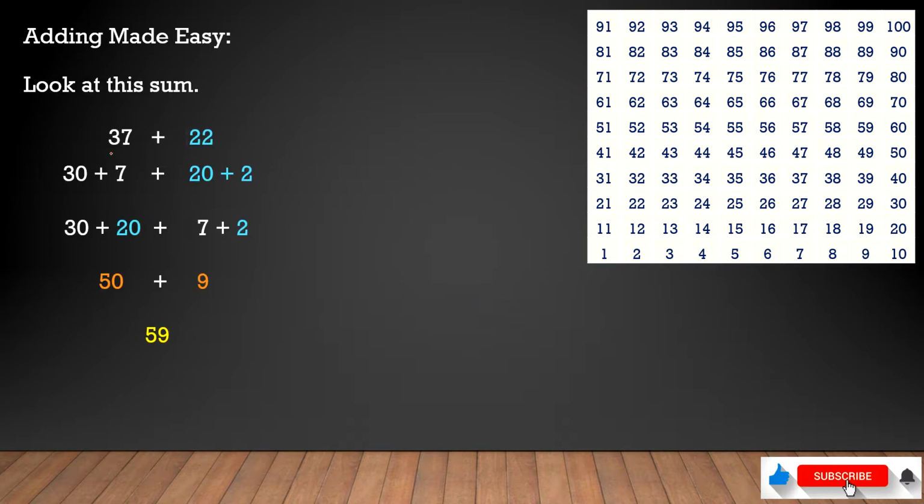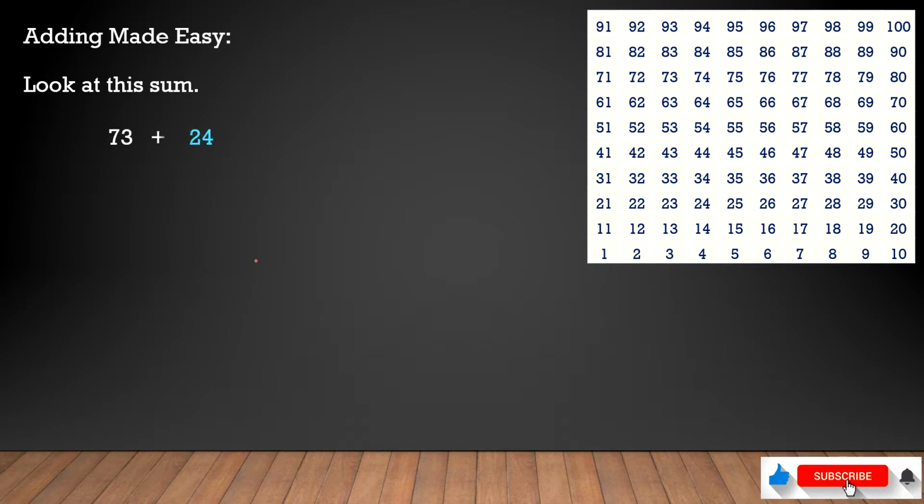Now another example, 37 plus 22. 37 we split as 30 and 7. 22 we write as 20 plus 2. Again we'll add these two numbers first. So 30 plus 20, it is the same example, 10, 20. So 30 and 20 will give us 50. So here is 50 after adding these two numbers. And 7 and 2 will be added separately. So 7 plus 2 will give us 9 and 50 plus 9 will give us 59. So the answer is 59.